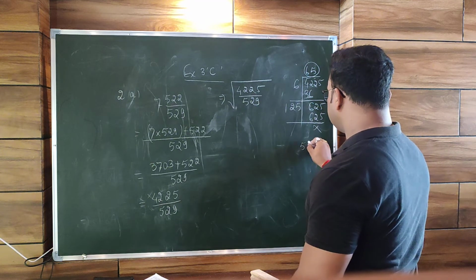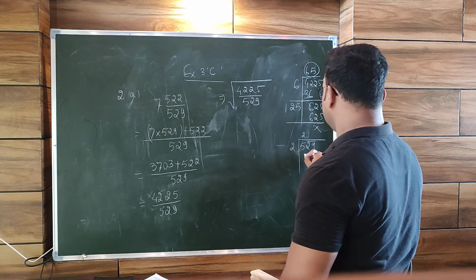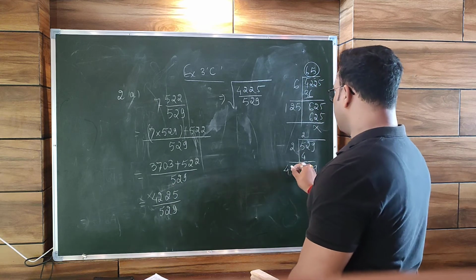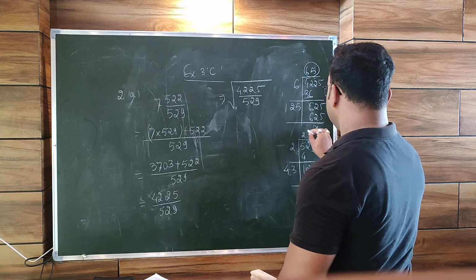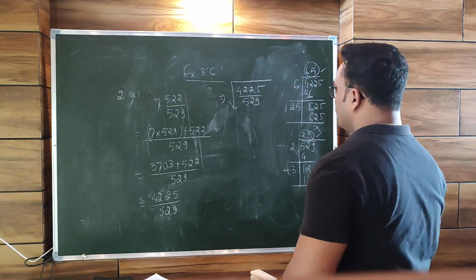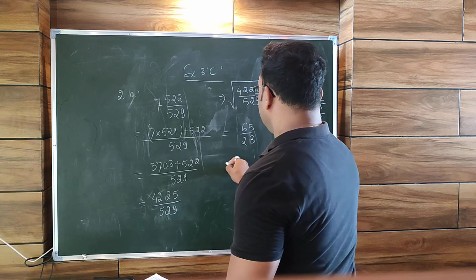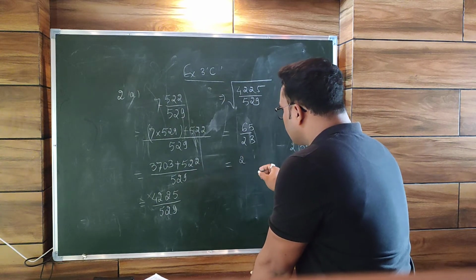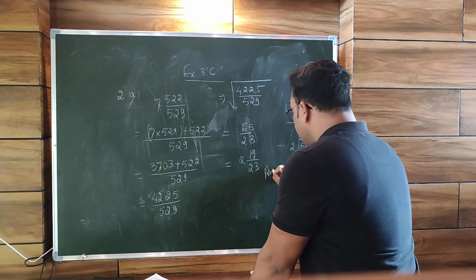Now 529, pair it, 2 2s are 4, 129, 4 3s are 12, so 3 times we are going to take. It will be 129 and cancel. So for the numerator we got 65, for the denominator we got 23. So it will be 65 upon 23. If you want to convert into a mixed number, you can convert further. 23 2s are 46, 19 upon 23. This is your answer.